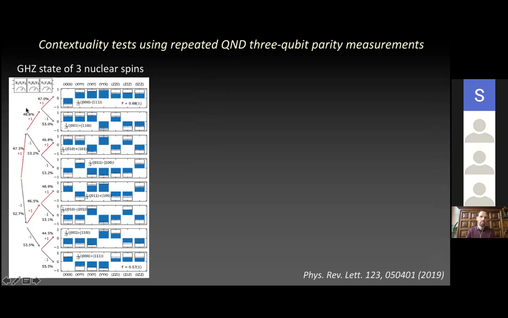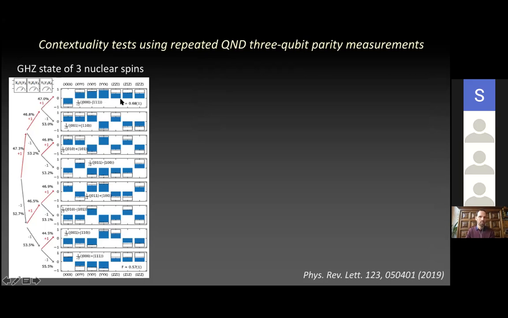parity operator. Then I apply a second one. This is y1, x2, y3. Again, I split up into one of the subspaces and apply a third one. This is y1, y2, x3. And then, no matter where I started, I will end up in one of these 8 states. And these 8 states are all genuine multipartite entangled states.